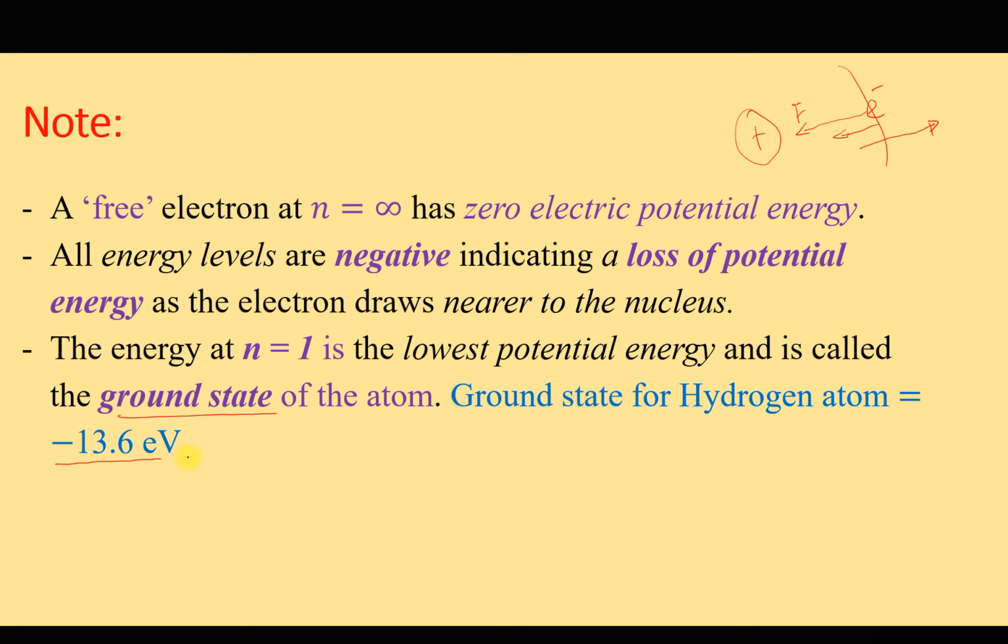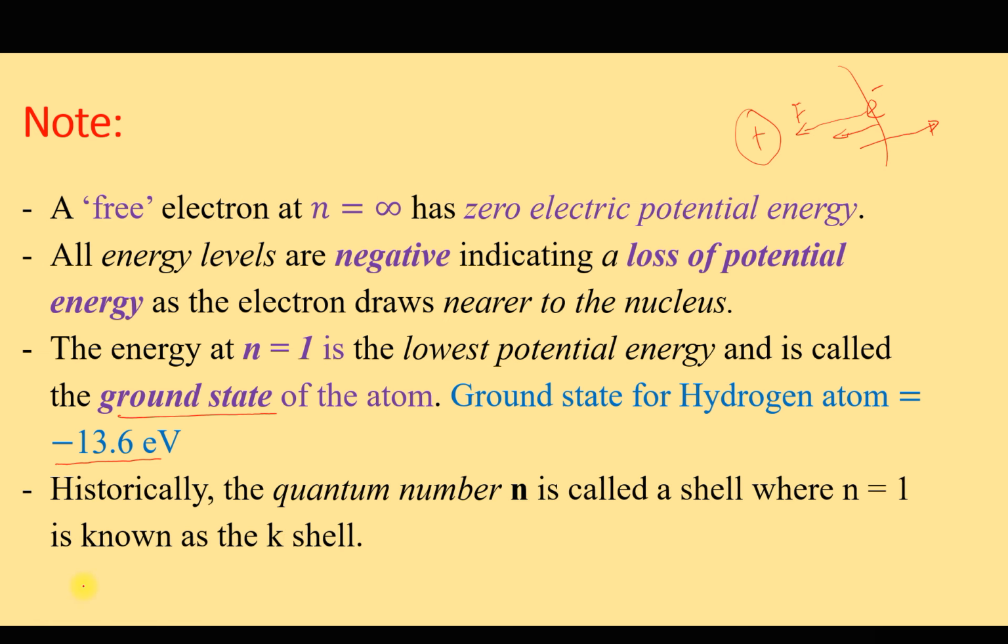Historically, n equals 1, or in chemistry, has the quantum number 1, which in chemistry I think you call the K shell. So the lowest potential energy in a hydrogen atom is negative 13.6 electron volts, which means